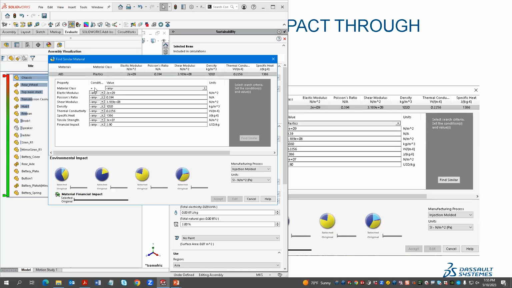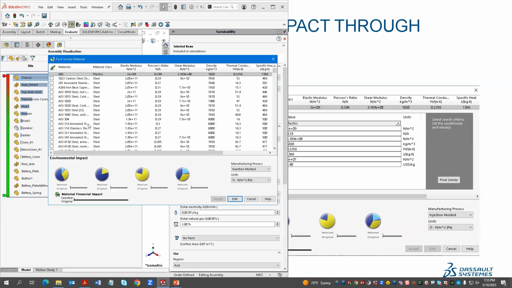One, we could say, select any material of any material class, and let's say that we want any material with an elastic modulus greater than this value. And we can say select similar, and we're presented with many choices for materials of any class